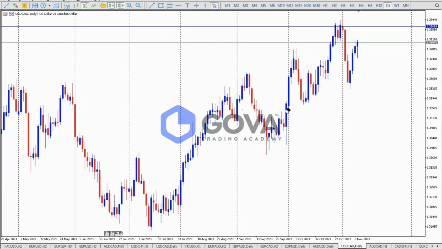All right. So if you happen to be a trader of Gova Trading Academy, following the pro course strategy, you follow all the rules and regulations, you happen to follow the D1 candle location level, the higher time frame psychological